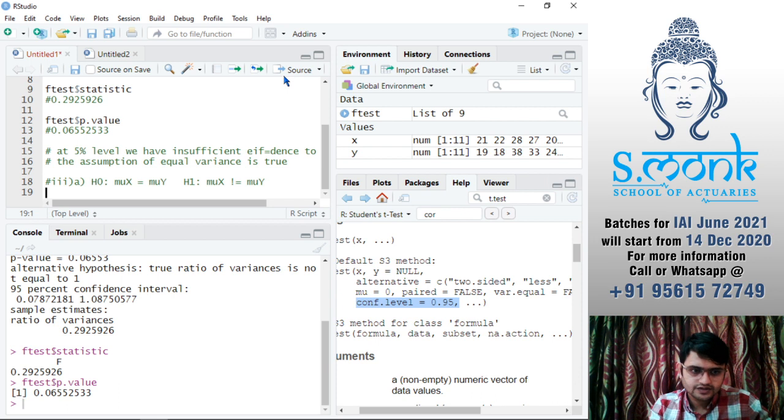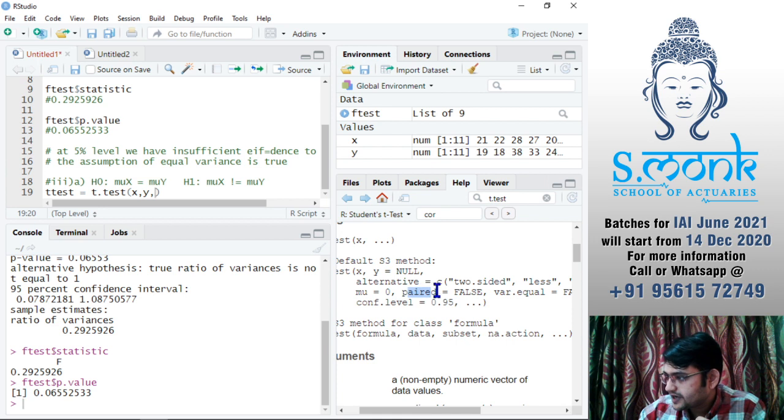So we'll say t-test is equal to t.test. We will have first our variables, that would be x and y. Then we have alternative. Now because this is again double-sided, I do not need to specify the alternative, but we need to specify whether the data is paired.